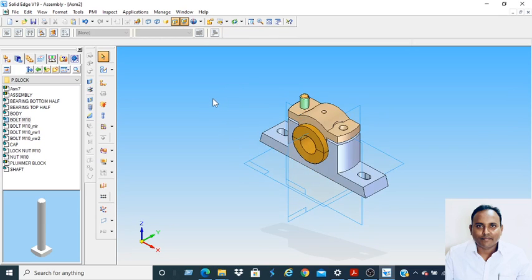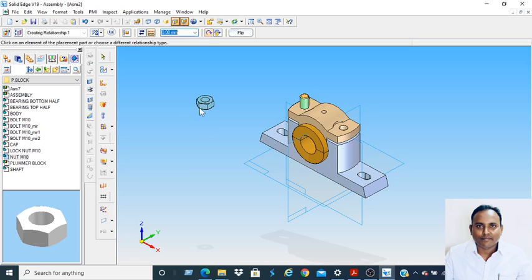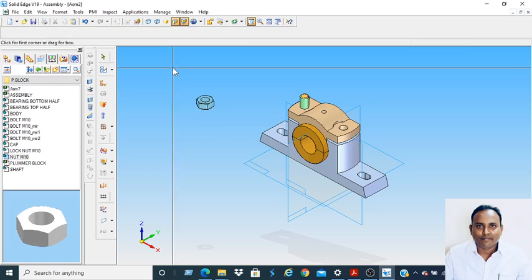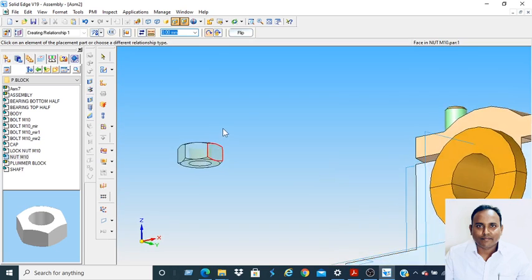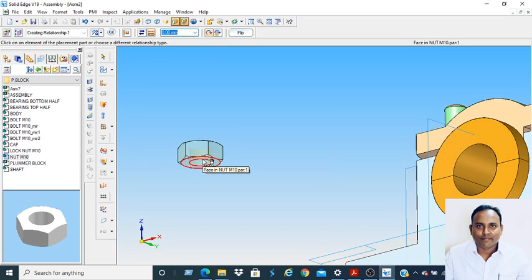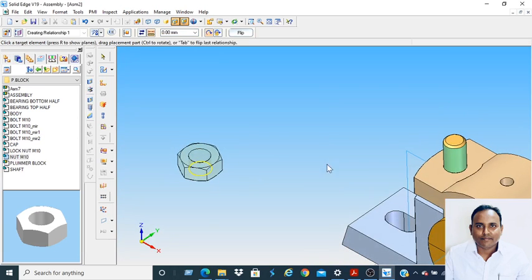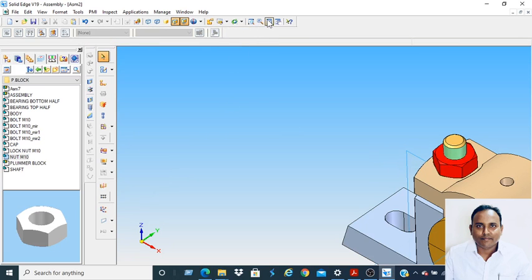Control I. Next, drag the nut. For this one, you should work with zoom. Drag here, right click, select this one, it has to come and align with here, fit.